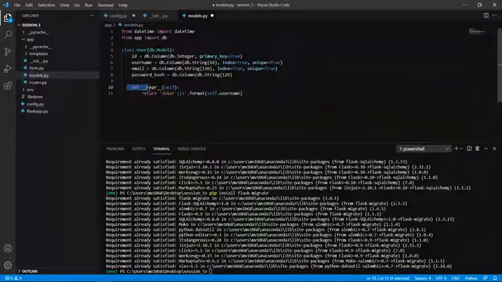For that we are creating a function, and here we are returning this user, that is, whatever is saved in the database.